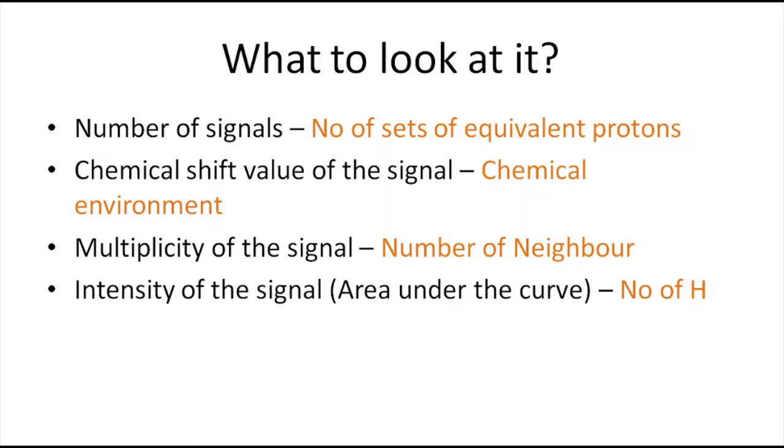Right? What information does that intensity provide you? That intensity gives you the number of hydrogens present in that particular set of protons. The area under the curve is the direct measure of the number of hydrogens of the signal. There is one more thing you have to look into, which I did not put here, that is the coupling constant value. Sometimes that helps you to find out the structure of the molecule. Right. Now let us look into some of the examples.